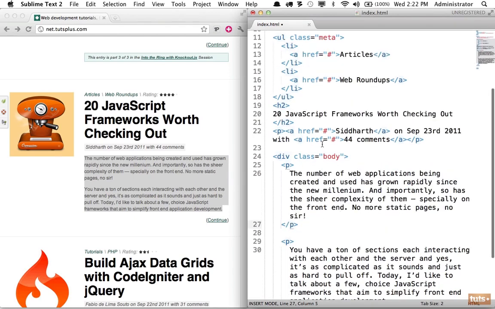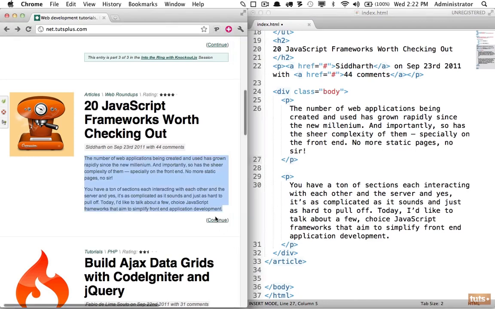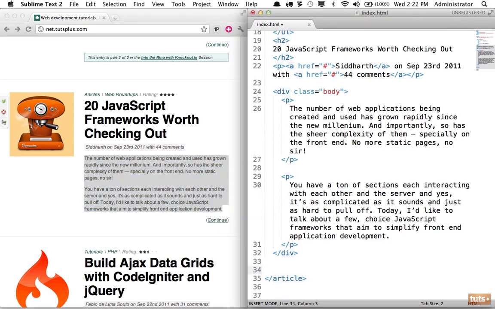There we are. So now we have our body and we have our 2 paragraph tags. And then finally we have this continue. And so we'll wrap that with an anchor tag, and the href is going to be nothing. The value will be continue. And if you want, we can either wrap this within parentheses like so, or you could do it within your CSS. As I think that's a stylistic thing, maybe we'll have some fun and put it in our CSS, though